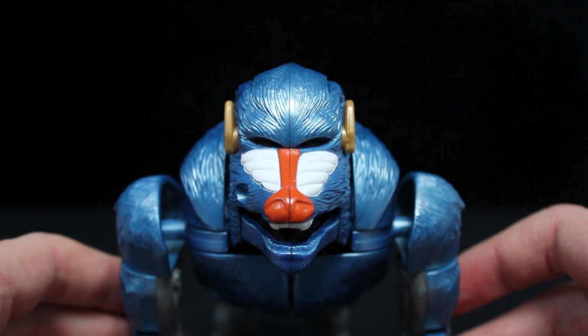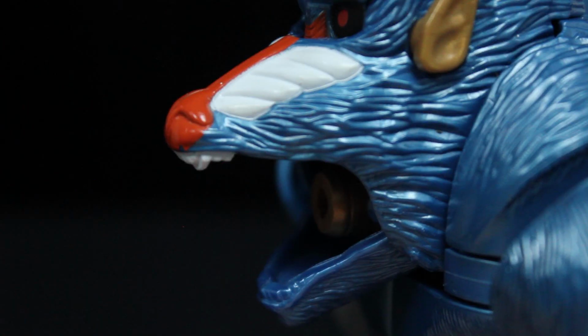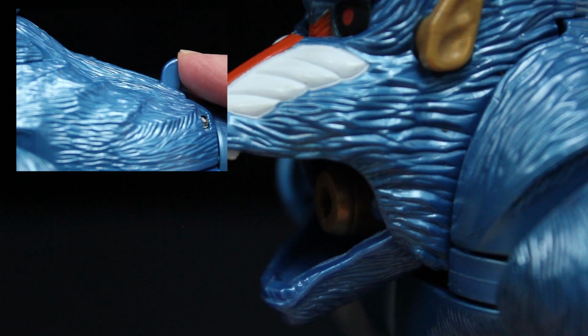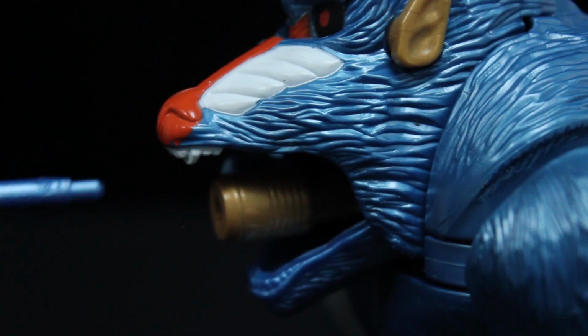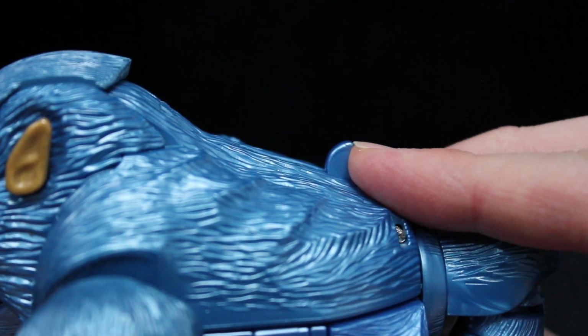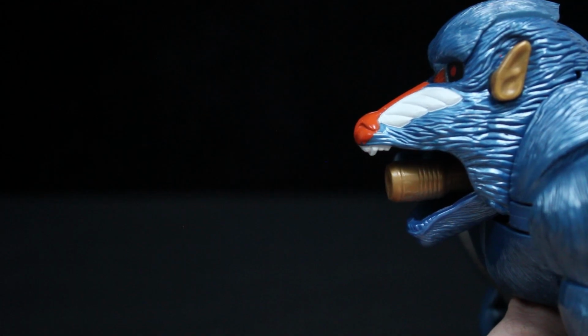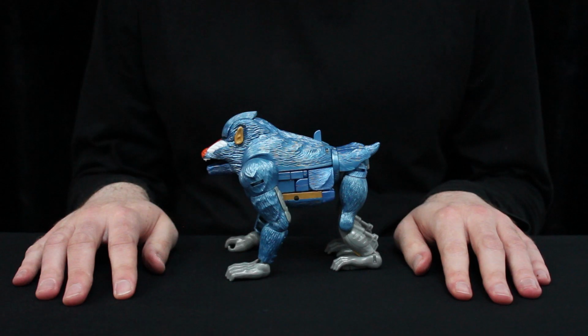Baboon has an animal attack mode. First, push in his right ear and... Second, the twin missiles and launcher within his mouth slide forward via this lever on his back. Remove a missile, insert it in the launcher, which causes the lever to reset itself, then slide the lever forward again to fire the missile. Pretty cool, but if you want to bring out the heavy artillery...